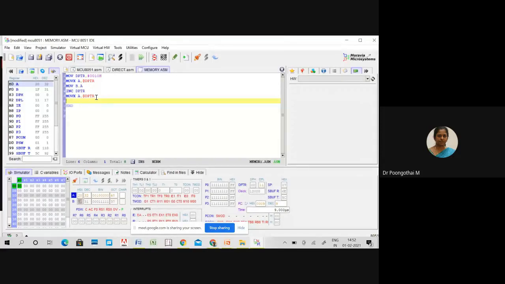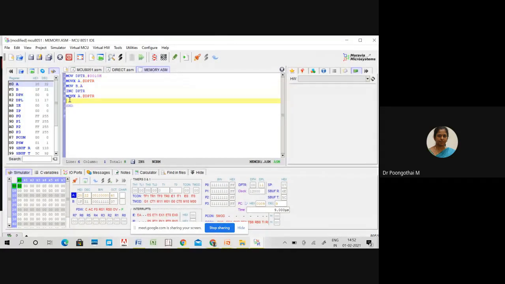Just look at the program. First we transferred the 0010 to accumulator. After that, to B register. So B register holds your first data. After incrementing DPTR, the 0011 value is transferred to accumulator. So your first data will be held by B register and second data will be held by A register.